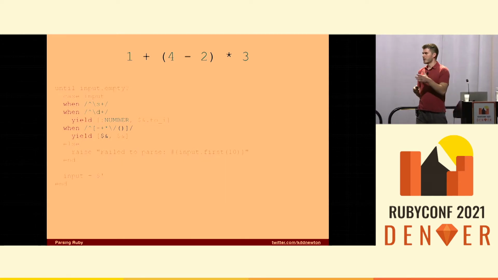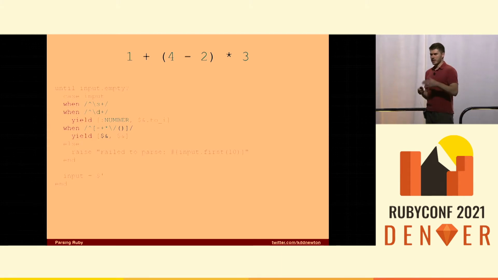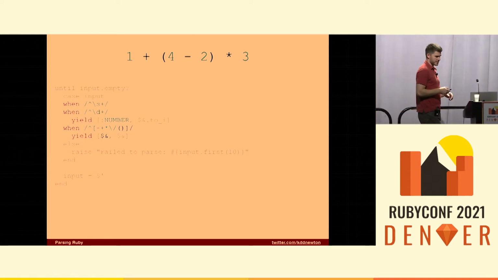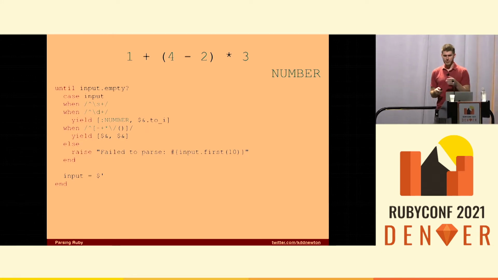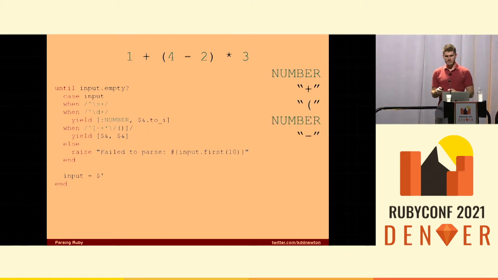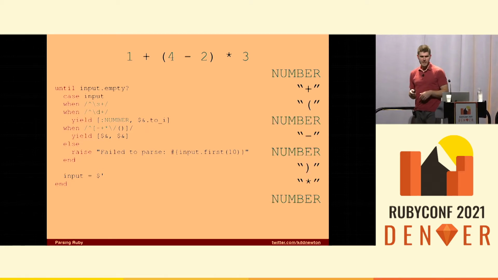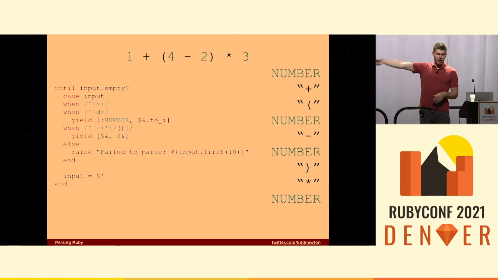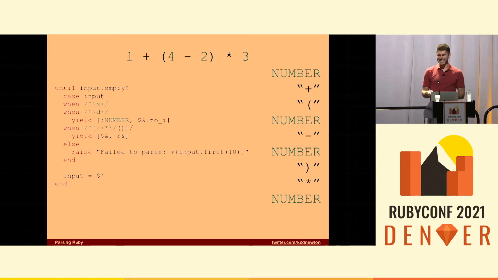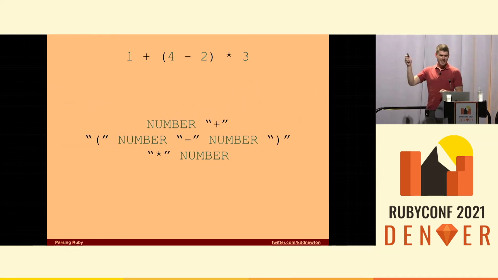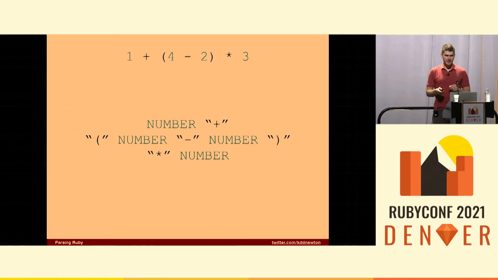The important part is here. This is called lexical analysis, tokenization, any kind of thing like that. There's a lot of names for it. The point is that we are taking these segments of the file and yielding out individual tokens. Okay, so if we parse this and we execute it over this source string, we're going to find a number plus all of these different tokens as we build them up. And now we have our list. This is what was parsed by that file. Everyone with me? I see some nods. Great. Okay, so this is called a token stream or a token buffer or just a list of things.